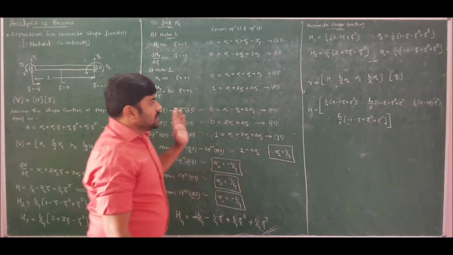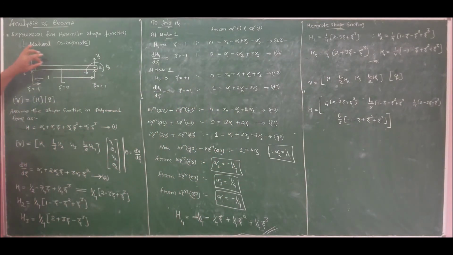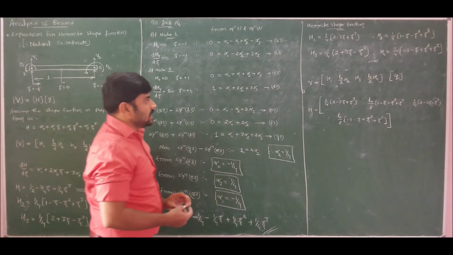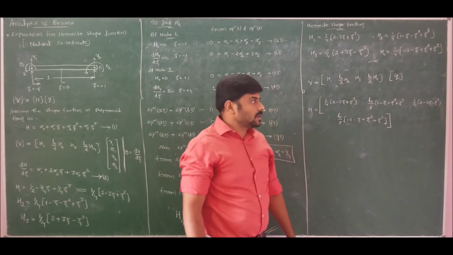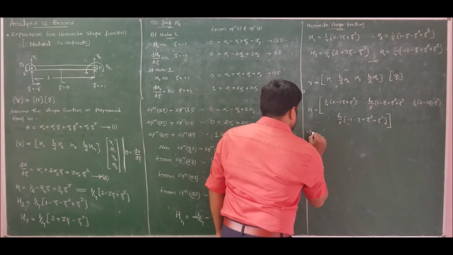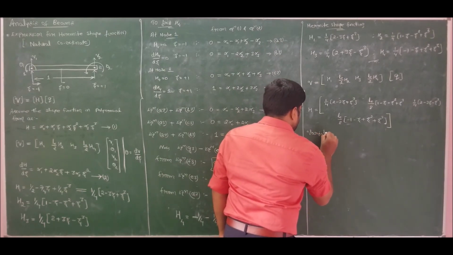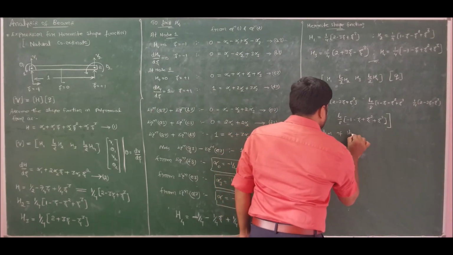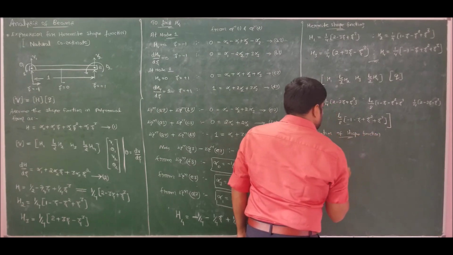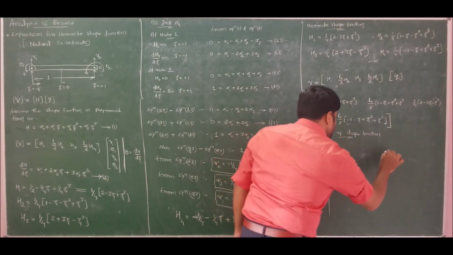So I can use this interpolation function to find the deflection at any point. If I know V1, theta 1, V2, theta 2, by knowing the value of zeta, I can find the value of V or deflection at any point over the length of this beam. The advantage of natural coordinate system is that the value of zeta varies from -1 to +1. So finally, if I plot the variation of shape function, it will be like this.